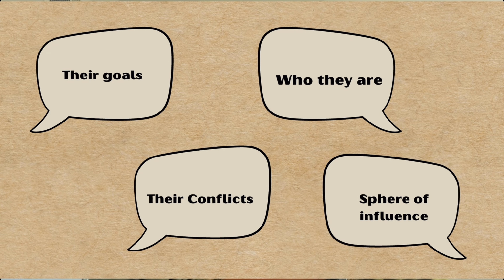Step 3 is to create a character synopsis. This is where you write a brief summary of the main characters in the book. This includes their goals, who they are, the conflicts they face, and their sphere of influence. Knowing more about your characters helps you write a story that is more complex and interesting. This step helps the book move from just a series of events unfolding to understanding how the people within the story influence the outcomes. Write as much as possible about each character, and if you're struggling to understand what you want for a character, journal a bit about what that character's point of view is like.